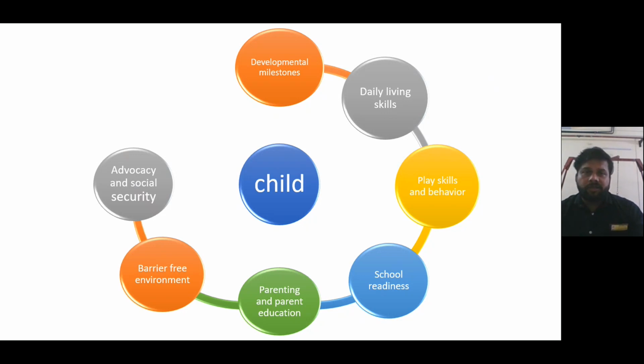Okay, children with Down syndrome are also sometimes comorbid with other conditions, so we will also mainly take care of that aspect. Ultimately, there is advocacy and social security. Sometimes occupational therapists also educate, because many times we felt that the school teachers who are taking care, or the referral therapists, or those doing the assessment or documentation,